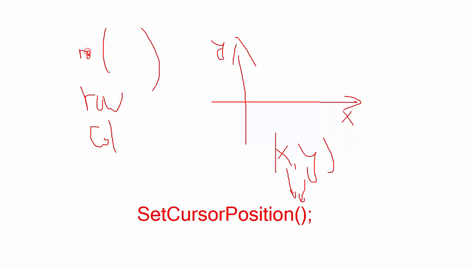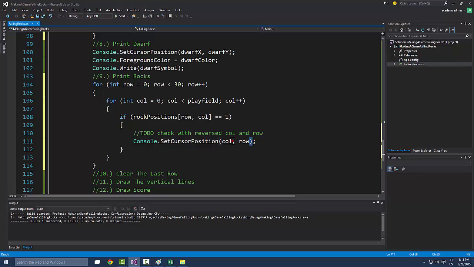So here are rows and here are columns. So yeah, I know it's a bit confusing, but you just have to test and get used to it. So once you try here with a row and a column,